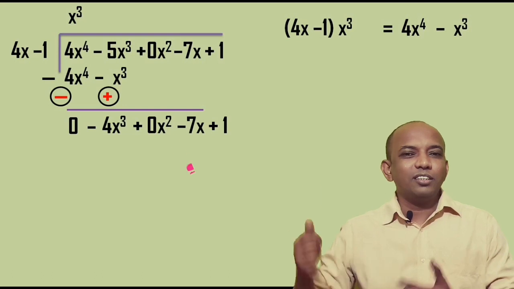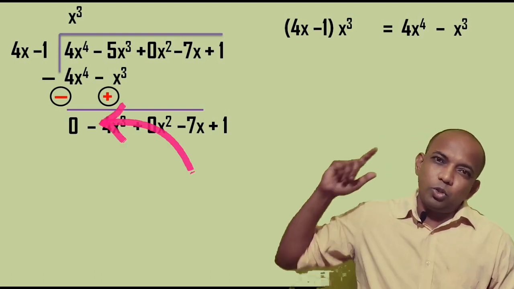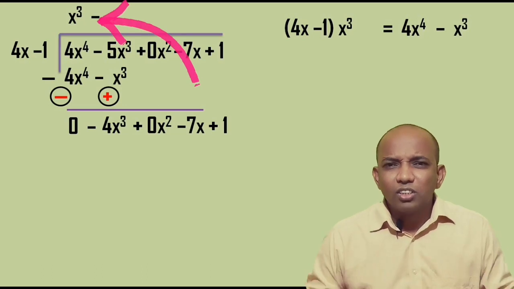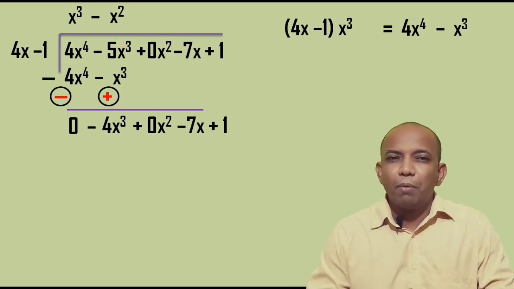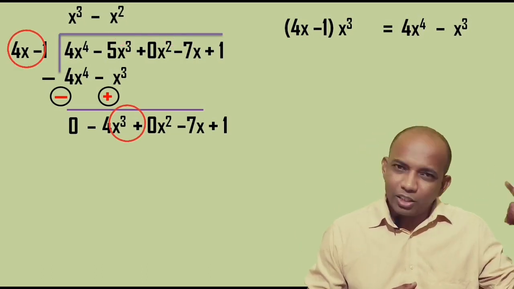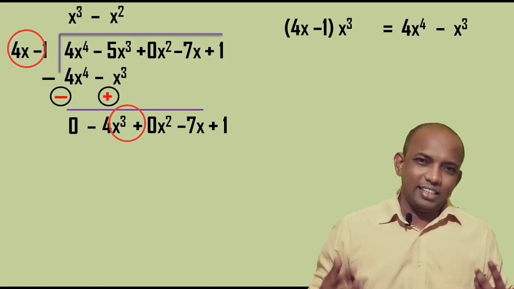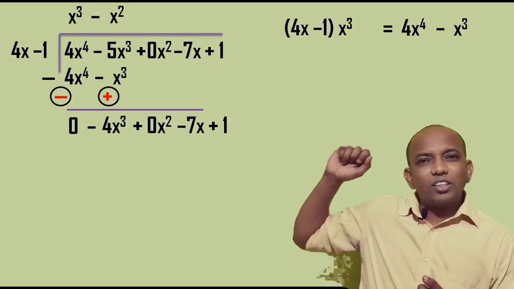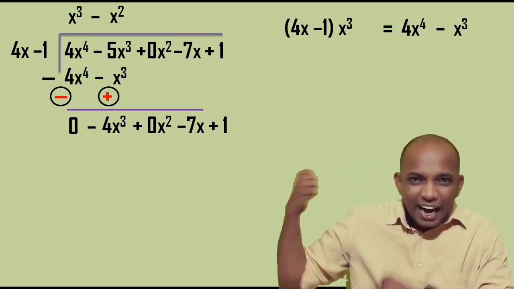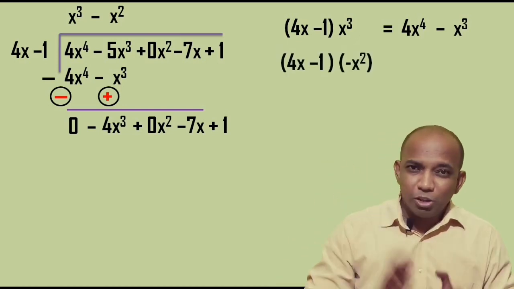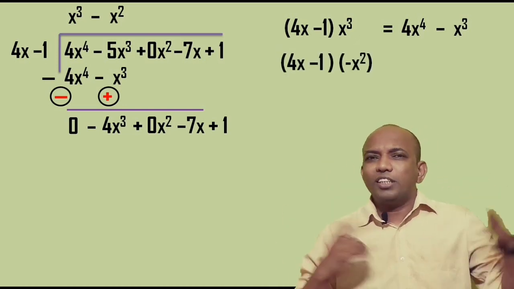But before that, as 4x cube is negative, don't forget to give the negative sign in the quotient. And after that, check the difference of the variable as per their power. We have x raised to 1 in the divisor. We have x cube in the dividend. What can be done? Yes, a difference of x square. So x square will be written in the quotient, and that x square will multiply 4x minus 1. And consider that negative sign also without fail. What can be done now?